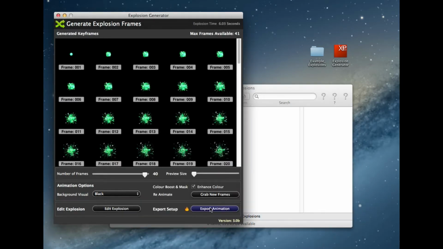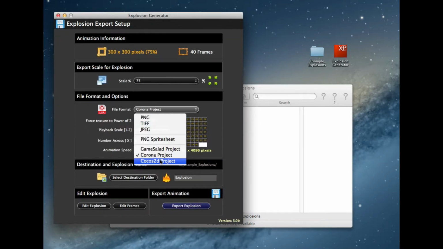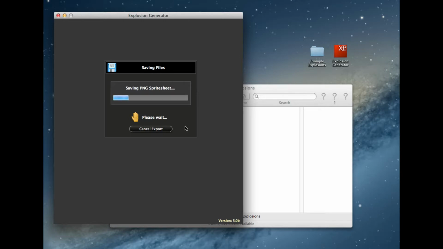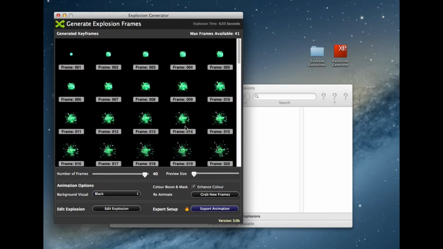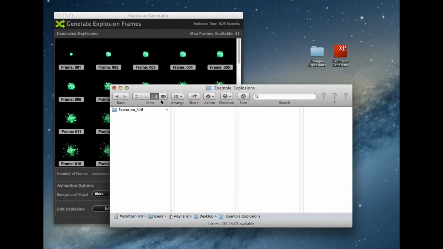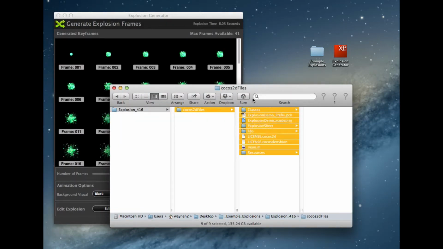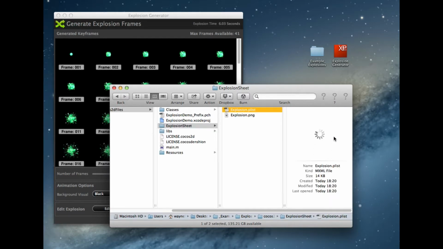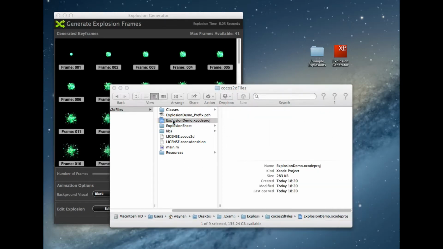is you can actually export the project out straight into an Xcode project using the Cocos2D SDK. So export this out, and this will create a complete project file ready for you in Xcode. So export it out, see what it's created. So we've got all the Xcode files, all the Objective-C files, etc., all been created for you, along with all the plist files that go to how the explosion is built, and obviously the sprite sheet that's going to be used. So if I open this up in Xcode now,